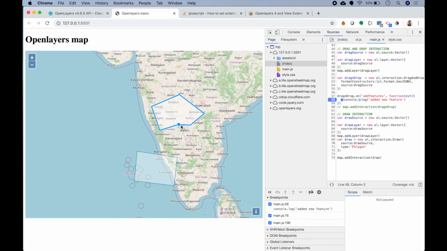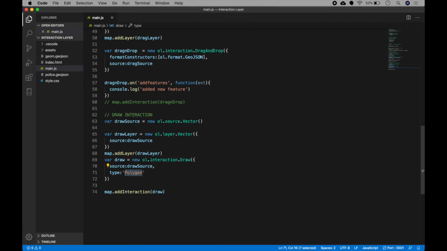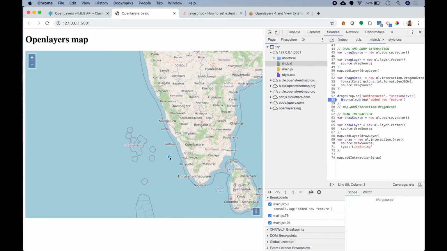So I can add as many polygons as I want. Cool. I can simply change it to line string, save it, go back to my map, and I am able to add lines. That's awesome, right? We can draw on our map as we want.